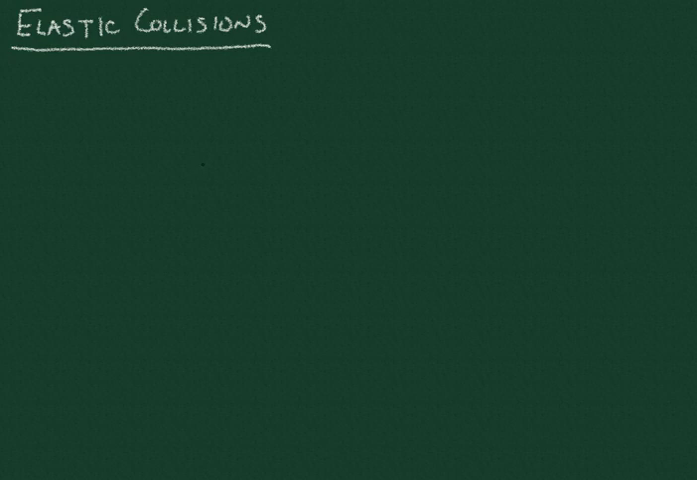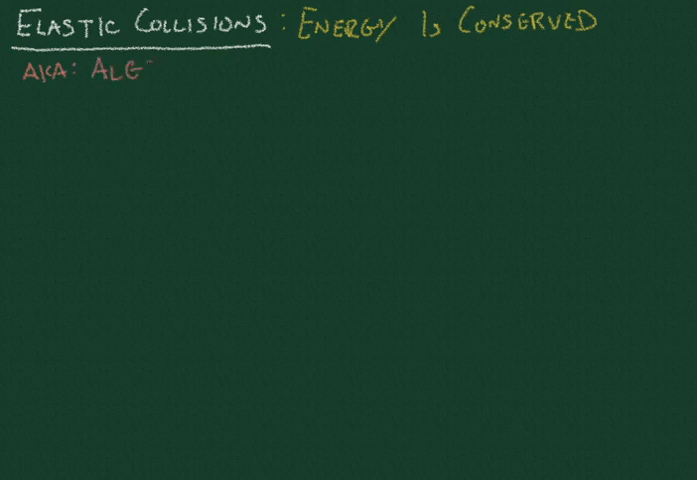Okay, so we've talked about inelastic collisions, when energy is not conserved. As you can imagine, an elastic collision is one in which energy is conserved. But I have another name for elastic collisions: basically, elastic collisions are algebra hell. There's really no way to get around having some nasty algebra to work through when you're doing problems that involve elastic collisions,